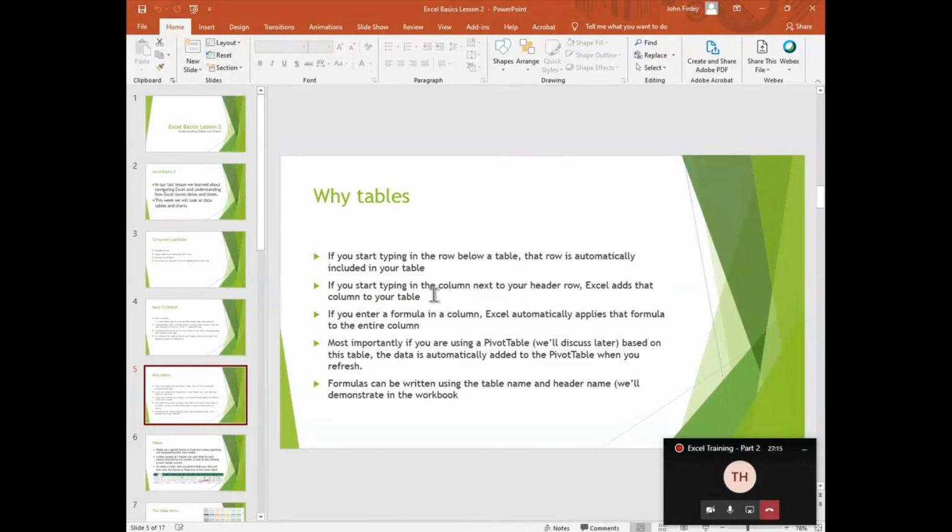Now that can both be a help and it can be frustrating if you're trying to put a formula outside the table. So if you're going to put a formula outside the table, you really need to step over 2 columns to put your formula in if you don't want it included in the table. If you enter a formula in a column, Excel automatically applies that formula to the entire column. And that's a setting that you can change. We'll show you that. And most importantly, if you're using a pivot table, which is a special kind of table we'll discuss later,